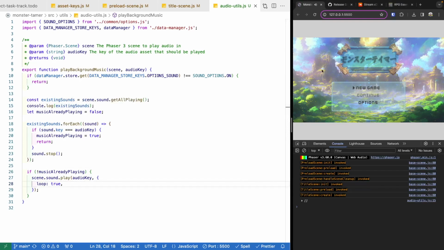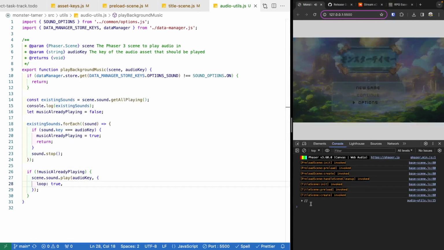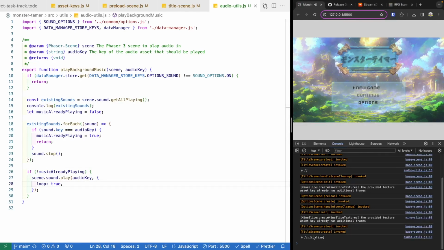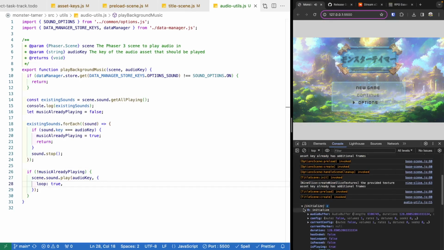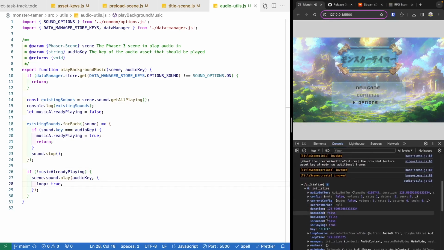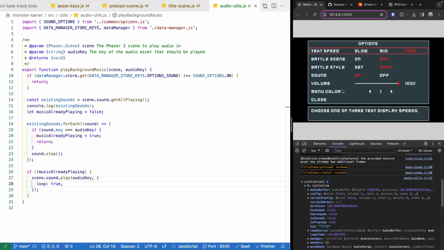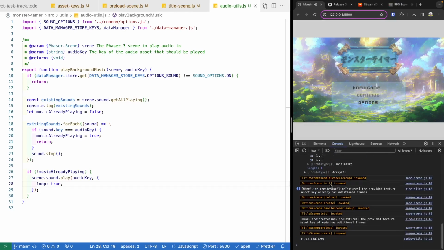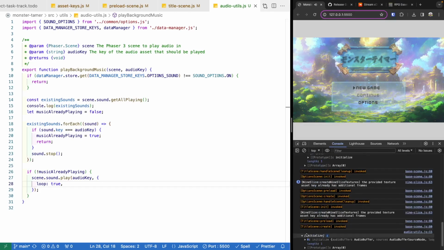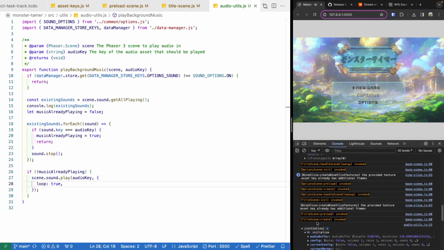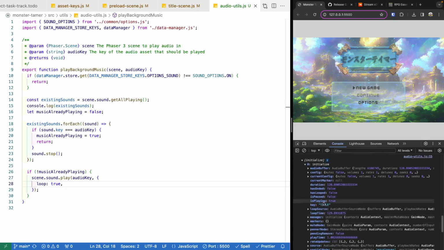And so when our scene first starts, we have an empty array. If we go into our options scene, let's go ahead and close. We'll come back to our title scene. All right, so if we go and inspect our array, we'll see we have one game object and it's our title audio game object. So now if we go into options, let's go ahead and close one more time. What we should see is our array, we still only have one game object instance for our title audio game